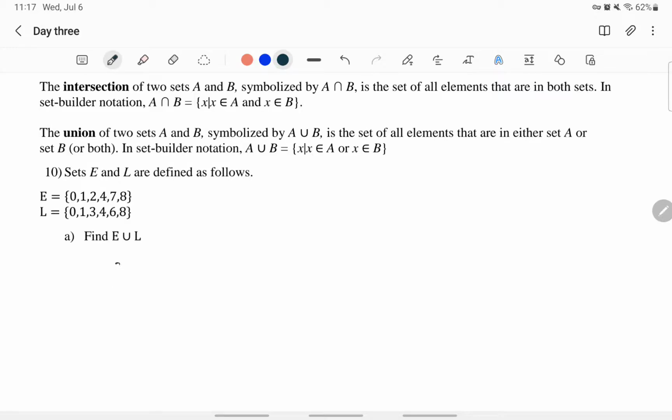Now remember, union means to combine the sets together to form one overall set. So if I take these sets and combine them together to make one overall gigantic set, that is going to be the set of 0,